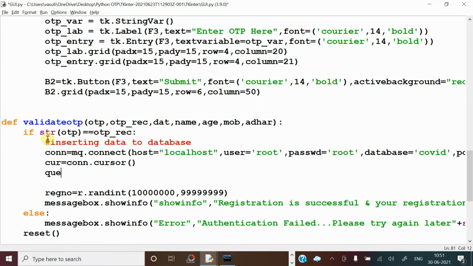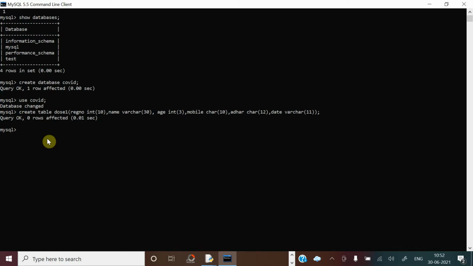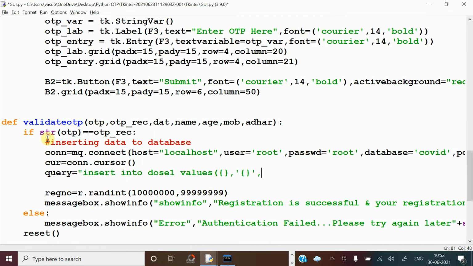So first write a query: query equal to, in double quotes, insert into, the table name, rows1, and then you have to keep the values. Within that you have to keep the data. The very first thing is the registration number, which is an integer type, so keep it without quotes, as placeholders. Next one is the name, which is a string, and after that the next thing is age, which is a number.